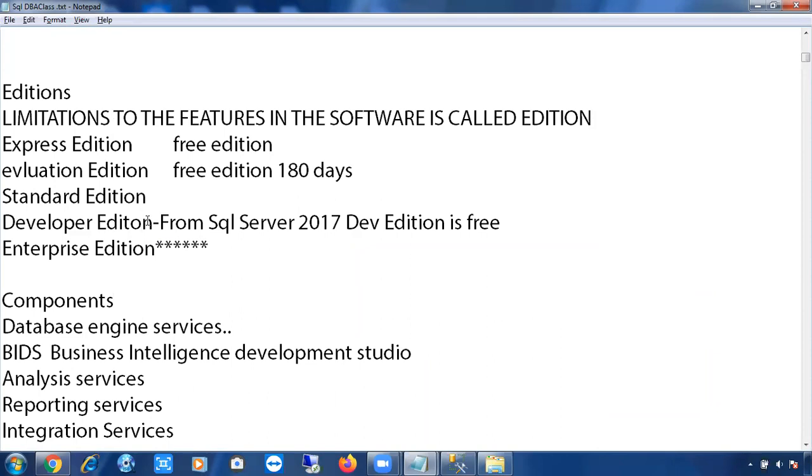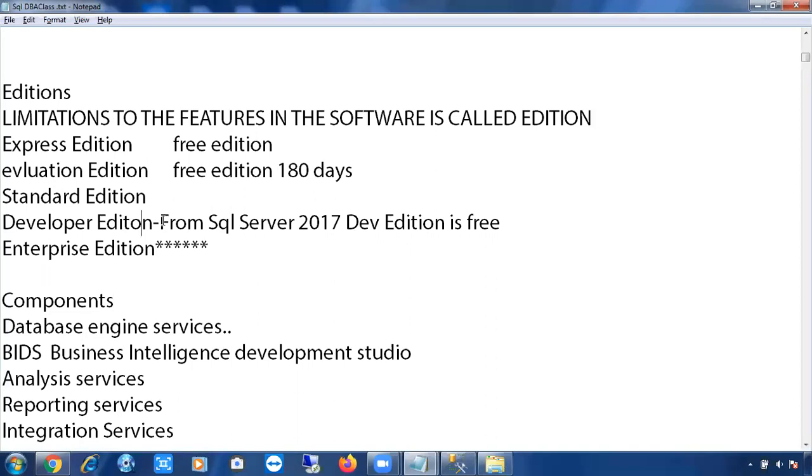Audit means there will be an internal audit or an external audit. External audit means Microsoft people will come and check whether you are paying licensing fees properly or not, how many Microsoft Windows operating systems you are using, how many SQL Servers you are using. They calculate everything with the help of a lot of scripts: how many editions, how many versions you are using. Based on that, they will generate a bill, showing how much you have to pay and how much you are actually paying. That is called auditing.